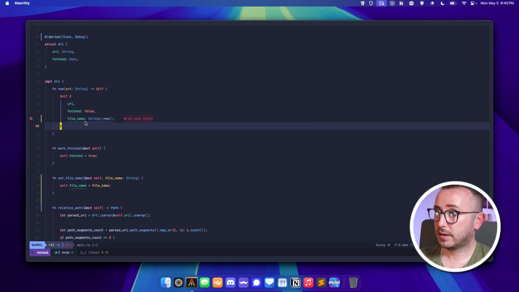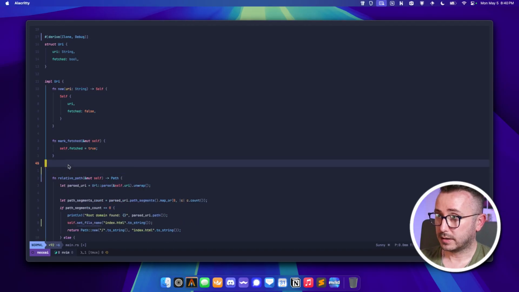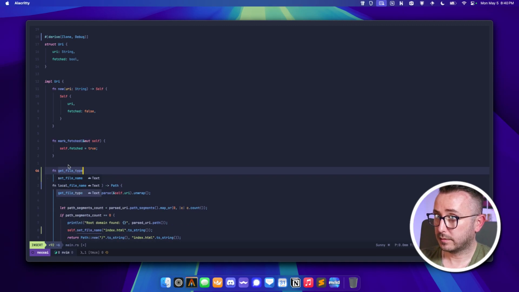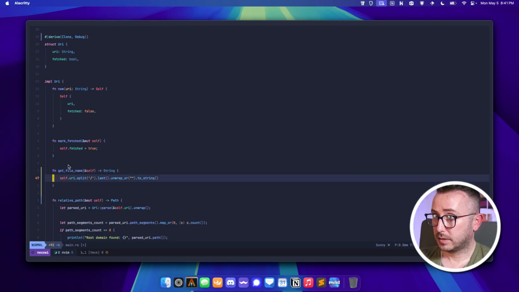So instead of doing that, I think we should have just a dynamic getter on it. So fn get file name. Get file name. File name. Yep. Okay, split last unwrap or